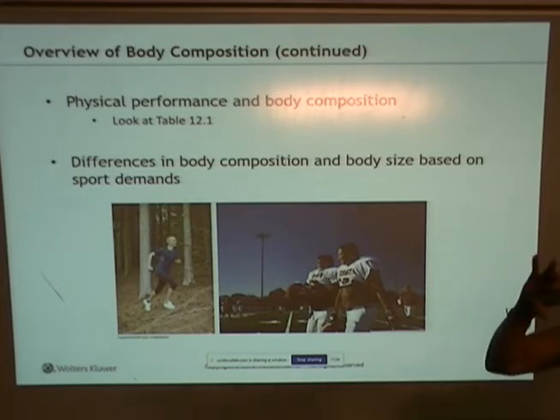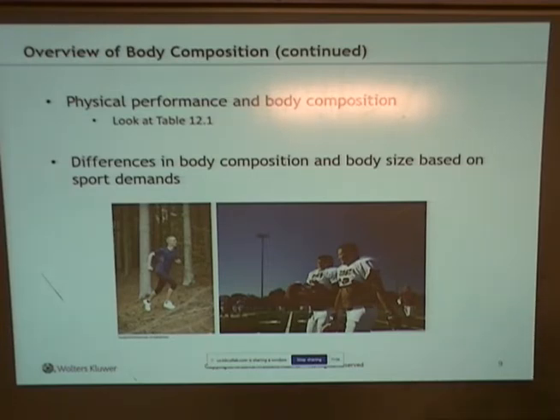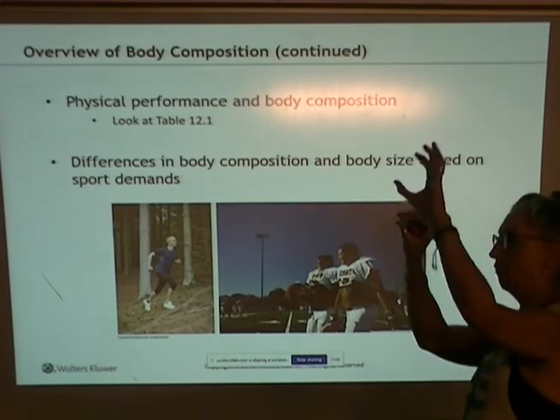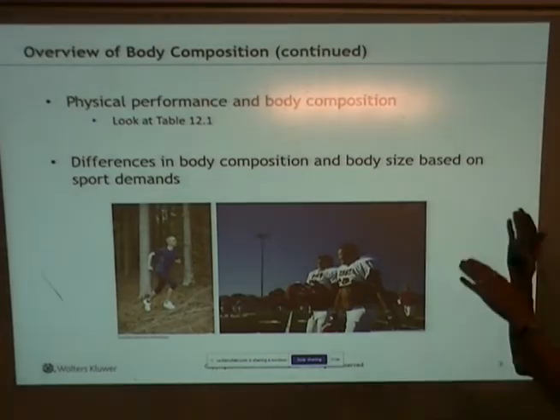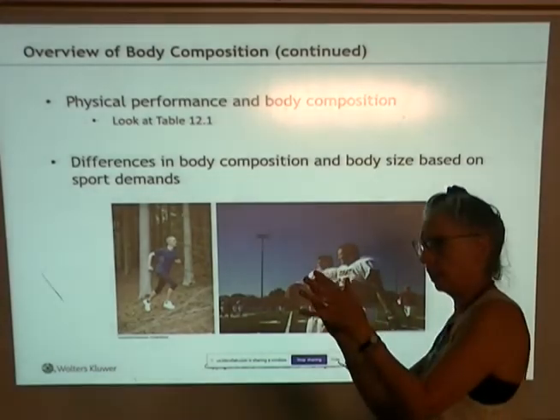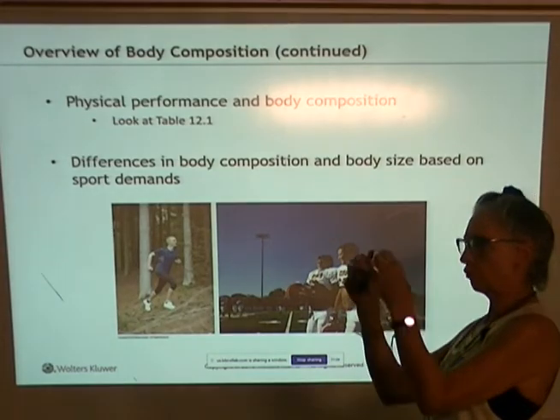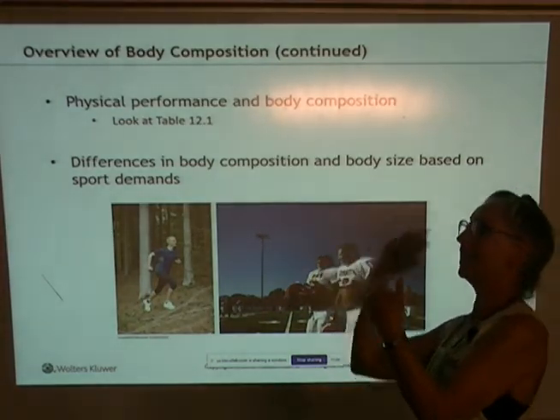So when you're going through this, I want you to pay some attention to table 12.1. That table has some outcomes, some results from bench press testing and sprint testing amongst different athletes. So you can have a look at, if I'm a sprinter, what's my muscle and fat ratio versus if I'm a really good bench presser? It's just an interesting comparison to look at and to give you actual data that supports the idea